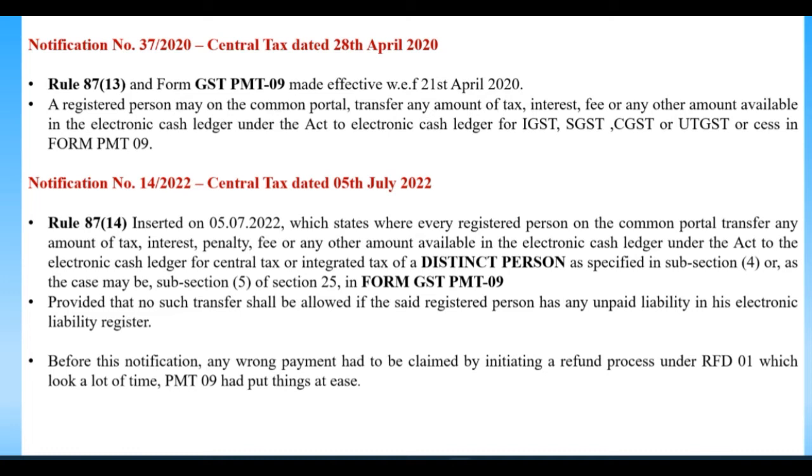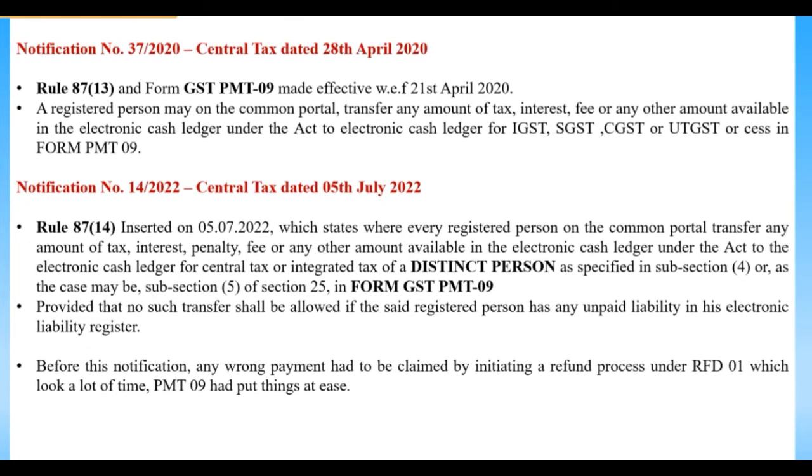So the intra and inter movement of taxes, interest, fees or any other payment was made effective through Rule 87 Sub Rule 13. This is effective from 21st April 2020. PMT 09 is available in the portal. In the portal itself we can make this amendment. While notification number